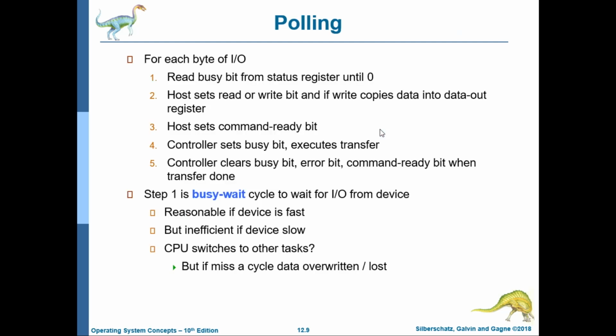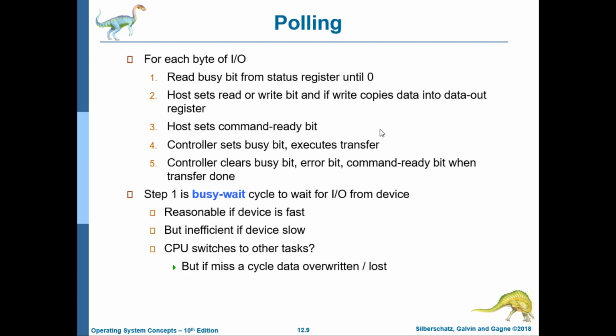Okay, next we have polling. Number 1, for each byte of I/O, read the busy bit from the status register until it is 0. Number 2, the host sets the read or write bit, and if write, copies data into the data-out register. Number 3, the host sets the command-ready bit. Number 4, the controller sets the busy bit and executes the transfer. And then the controller clears the busy bit, error bit, and command-ready bit when the transfer is done. So step 1 is a busy wait cycle, to wait for